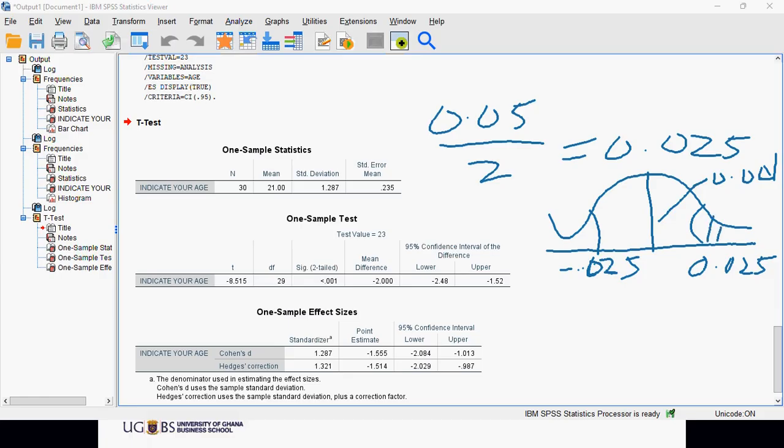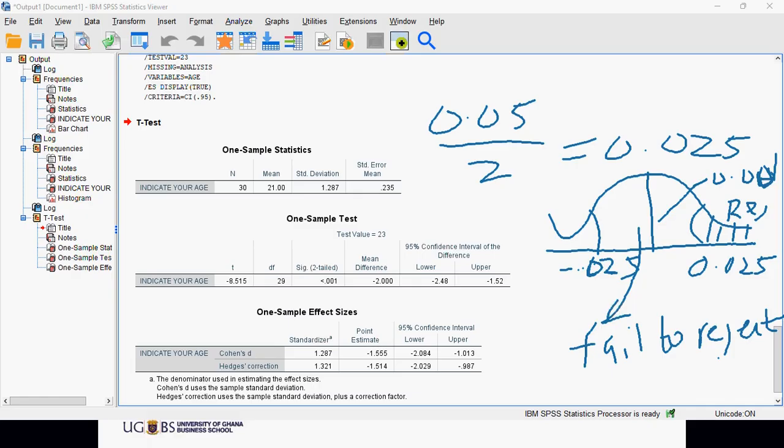Remember, this shaded area is the rejection zone, and this area is the fail-to-reject zone. So since the p-value is less than alpha, then